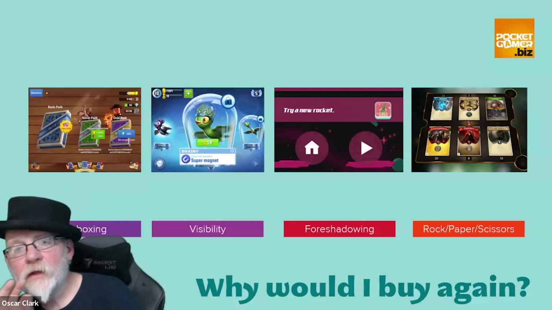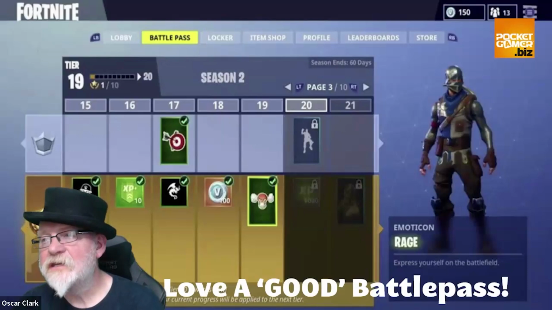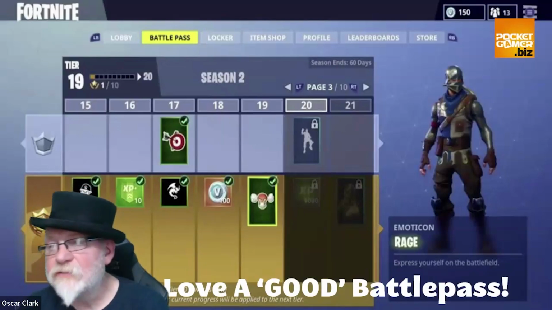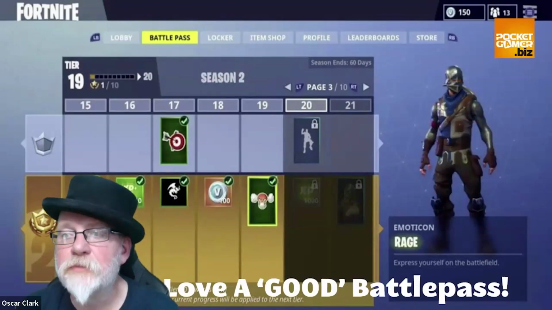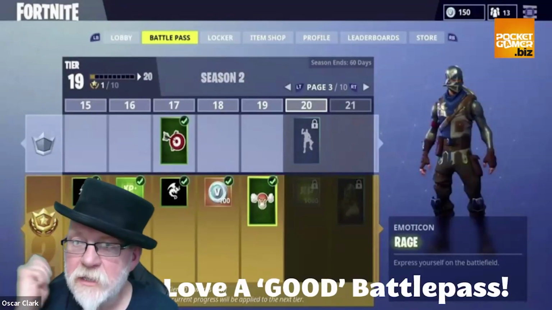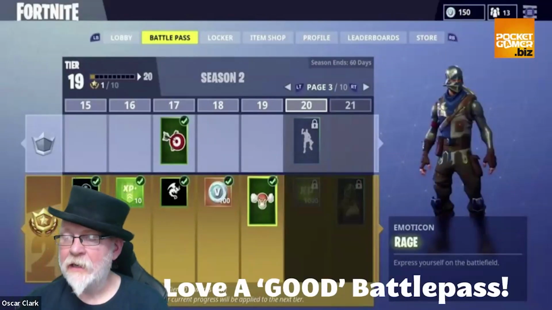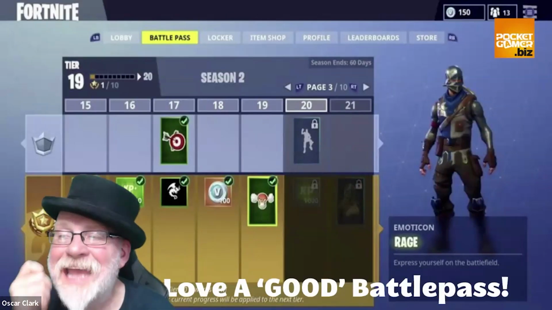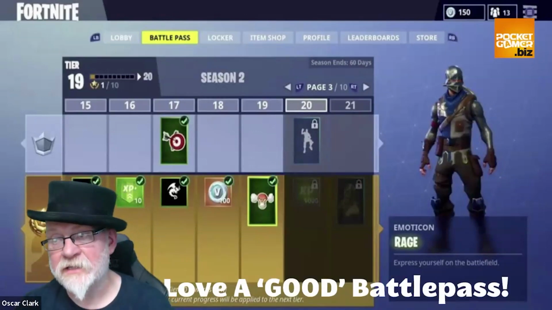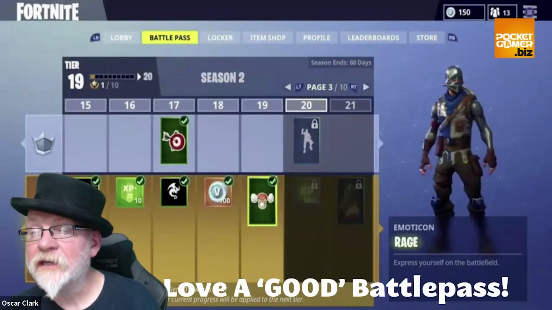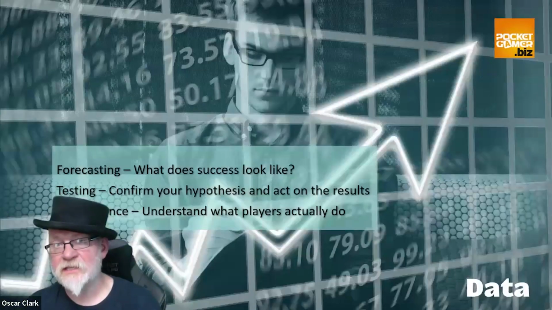Next up then, that means that we end up with this point, that at the end of the day, I love a good battle pass. Why do I love a good battle pass? Because a good battle pass is embedded in a fundamental principle which applies to all of the monetization principles we've talked about. It shows me I can play for free, and that's okay. But if I play and pay, I can get more. Free players can get anything that's available in a good battle pass. Only paying players who play a lot can get everything. And that principle matters. It sustains and retains the user mindset.